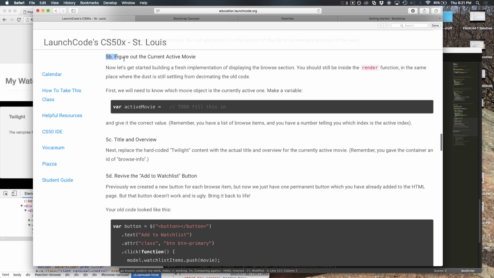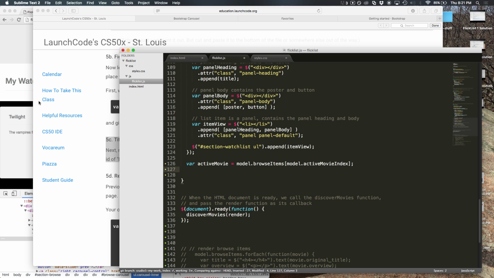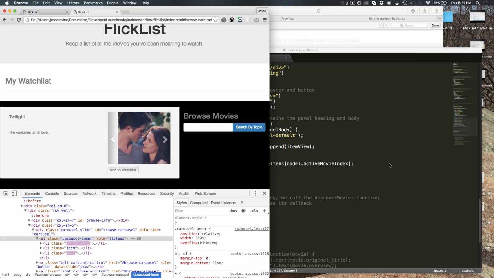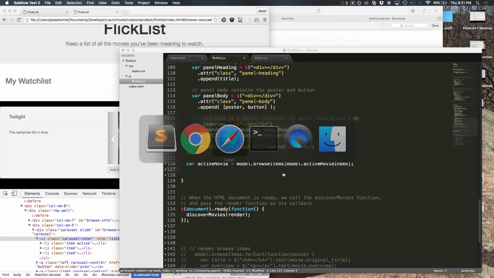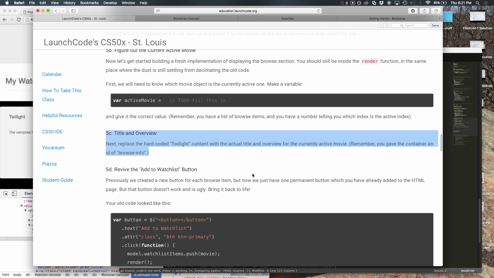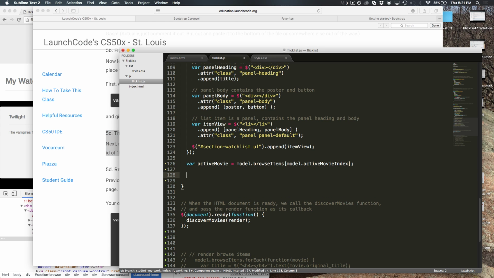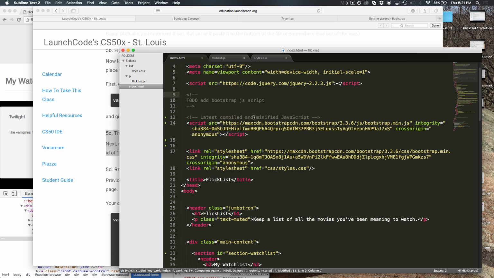So we've done step 5B. We figured out the current movie. Now let's try to insert some stuff into the DOM for that movie. First thing we'll try to do is the title and overview. That's this stuff. So, alright, so what I'm going to do is jQuery selector. We're trying to